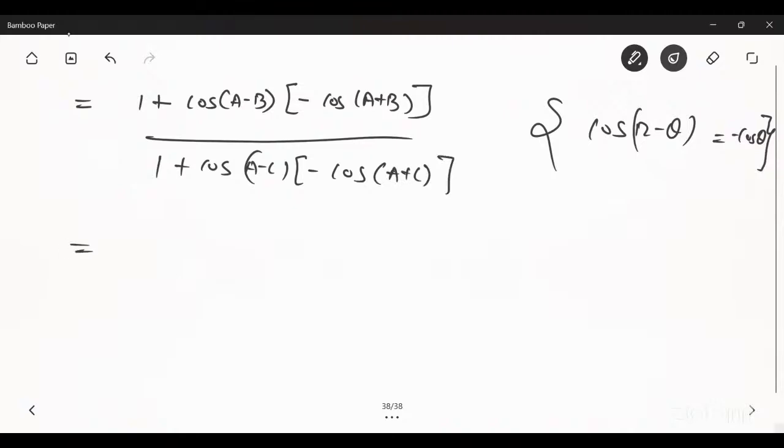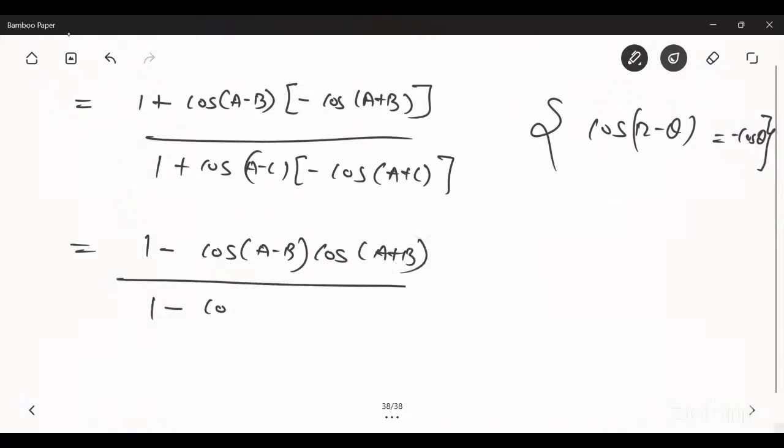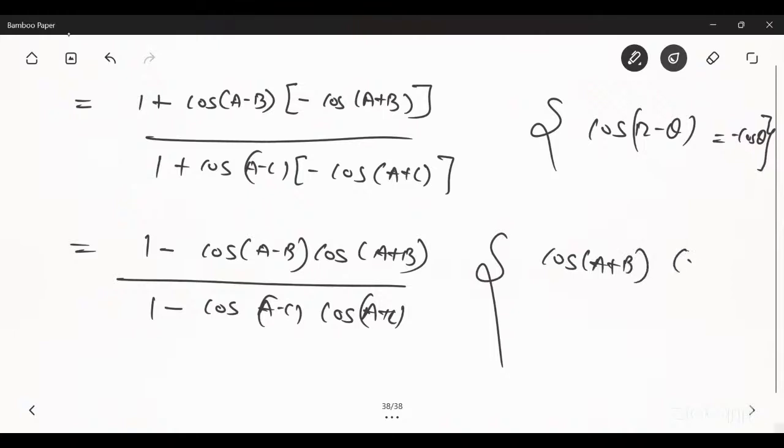Now if the minus sign comes outside, you will get 1 minus cos of (a minus b) and cos of (a plus b), and here 1 minus cos of (a minus c) into cos of (a plus c). We know the formula: cos(a plus b) into cos(a minus b) is equal to cos square a minus sine square b. So in place I can write 1 minus of (cos square a minus sine square of b),